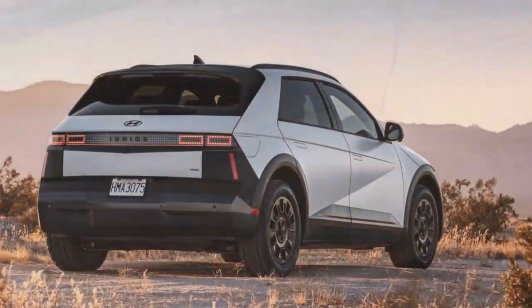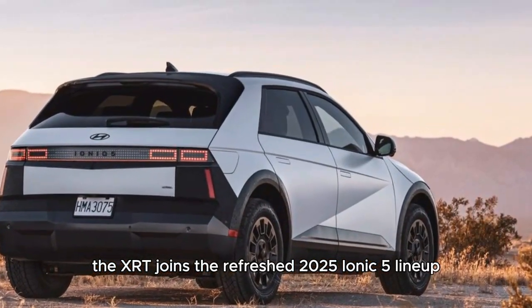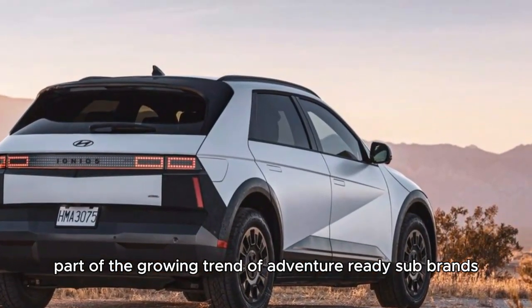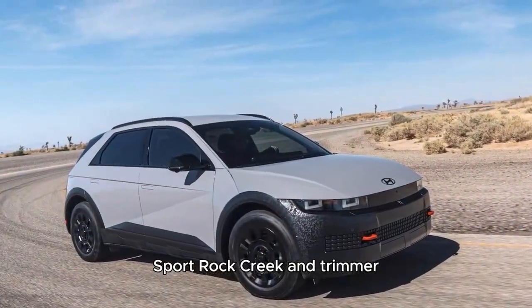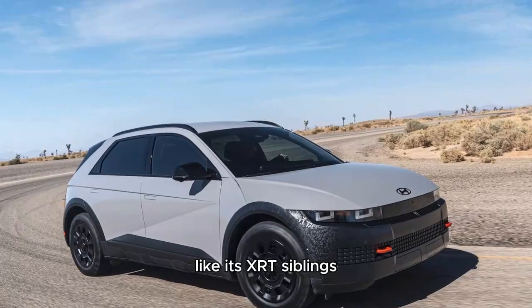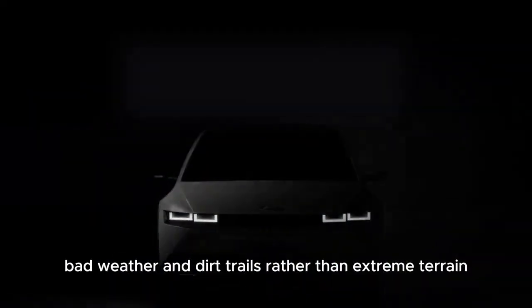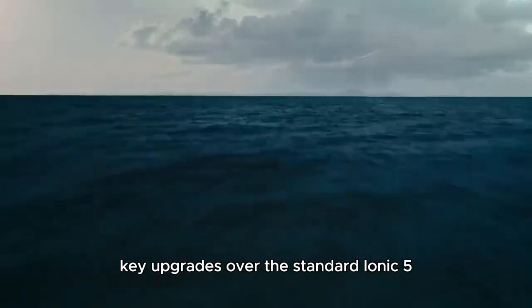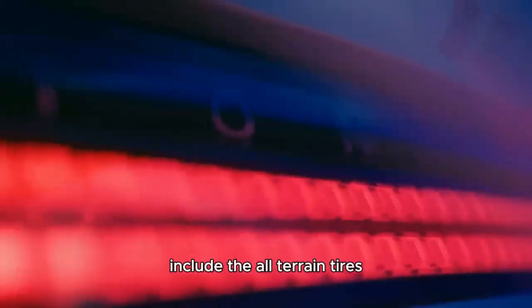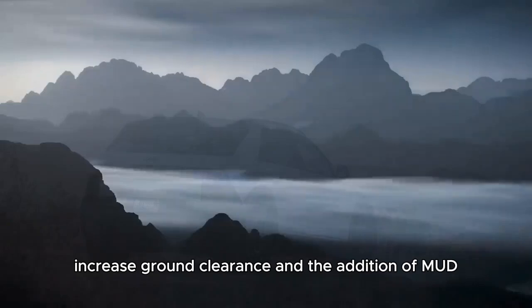The XRT joins the refreshed 2025 Ioniq 5 lineup, part of the growing trend of adventure-ready sub-brands like Wilderness, Trailsport, Rock Creek, and Tremor. Like its XRT siblings, this model is designed for light off-roading, bad weather, and dirt trails rather than extreme terrain. Key upgrades over the standard Ioniq 5 include the all-terrain tires, increased ground clearance, and the addition of mud, sand,